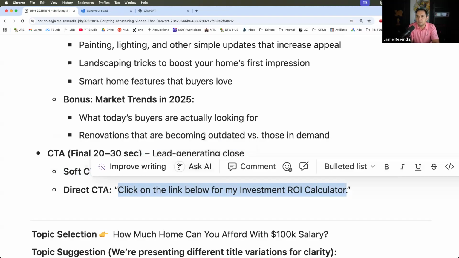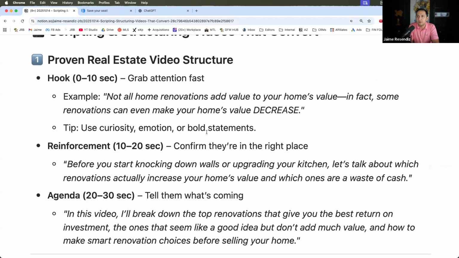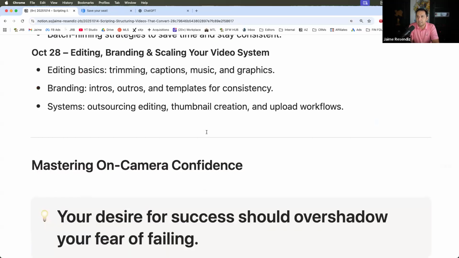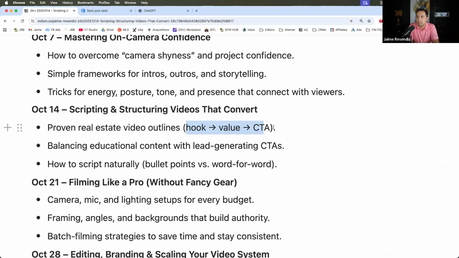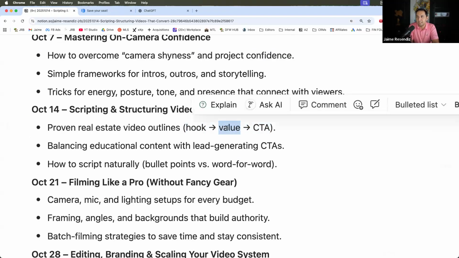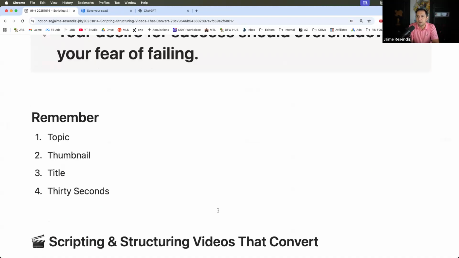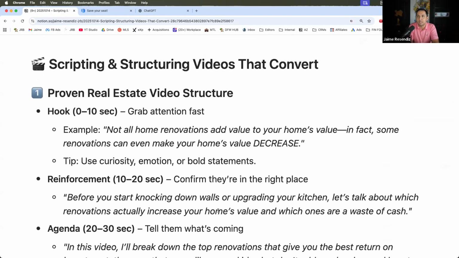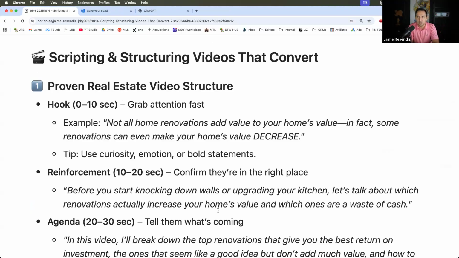Right. So these are very, very easy strategies. It could not get simpler on how to actually bring in leads. You're having the hook, which is going to be in the intro. You're providing the value, and then you're having a CTA, call to action, what you expect them to do next. Questions on the structure, questions on the scripting?